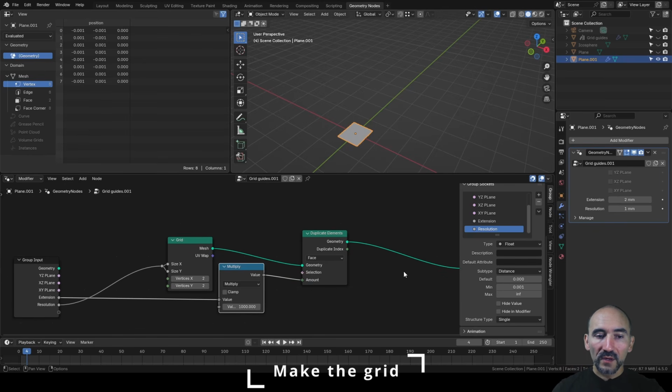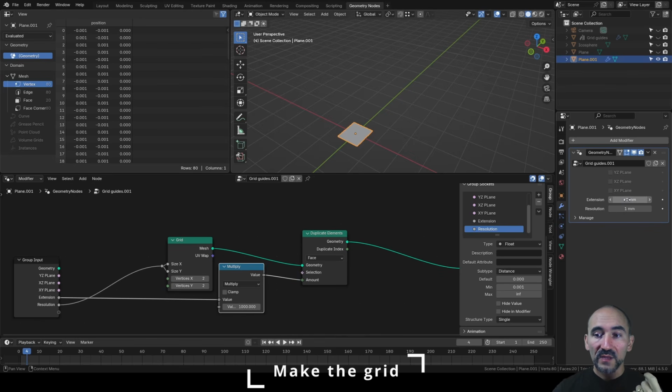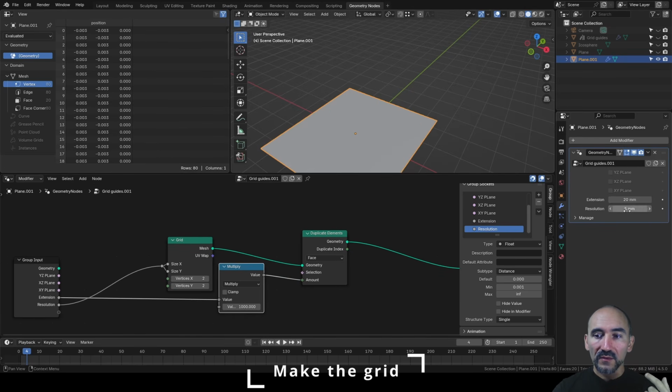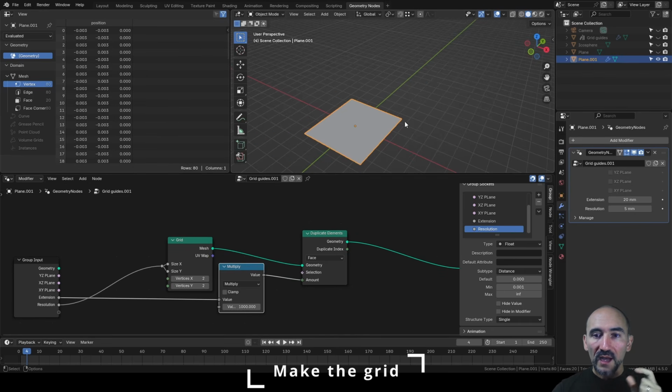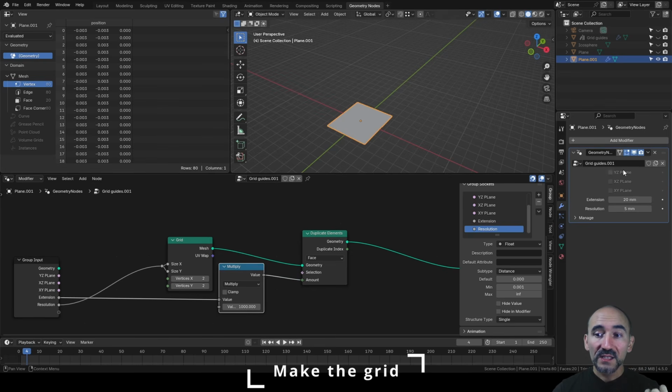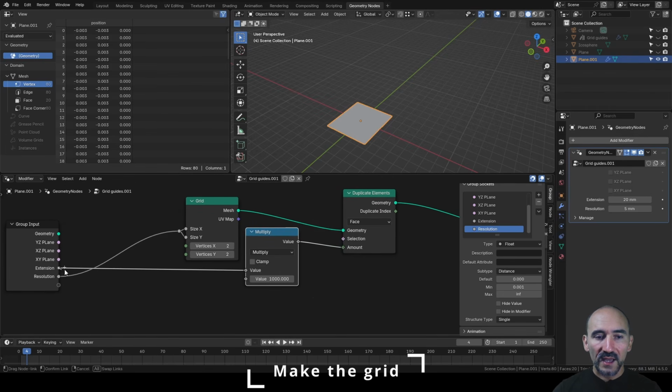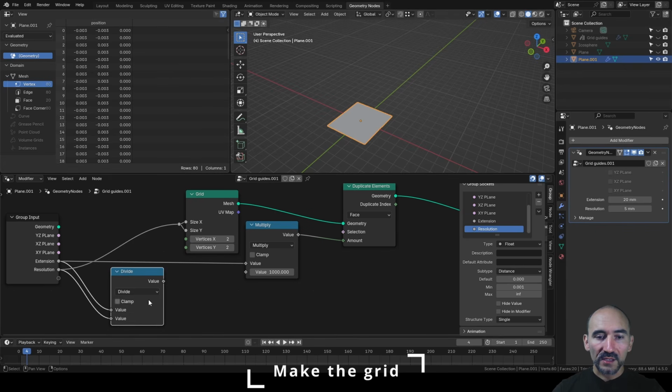to have one face. In our case the extension is not exactly this value multiplied by 1000, because the correct number of the squares duplicated is the extension divided by the resolution. So if I have 1 millimeter and 1 resolution, I only want 1 square. If I have an extension of 20 millimeters by 1 millimeter as a resolution, I want 20 squares. And if I set 5 millimeter of resolution, so the size of a single square, I want to have a total of 20 millimeter divided by 5 millimeter as a resolution to get the correct number of squares inside my row. Okay, this is the correct number. So I can start to divide the extension by the resolution of the single square and use this for the